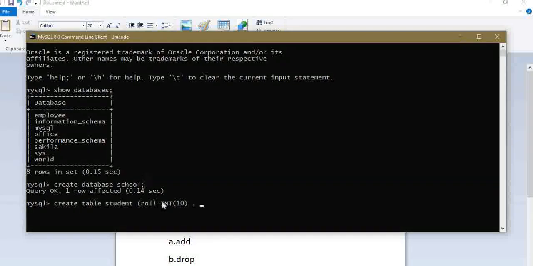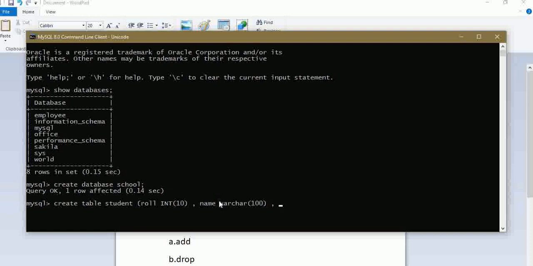So these are the data types. We will create a video about these data types. Then name, student name, and it is a variable character of size, not 10, maybe 100.